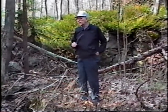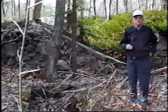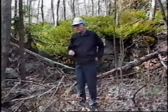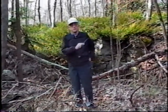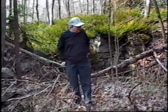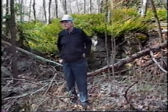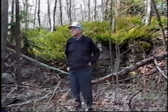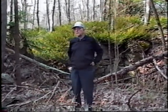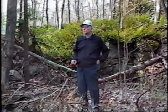Among those that were killed outright was young Timothy Nurse, whose mother was a Bixby. Well, any number of people. A number of them are buried in a little cemetery just across the river on Nichols Road. Merrill Holland worked here, who lived on James Street. He was some kind of a boss here. We know that because of a newspaper account in which he was the first one who arrived at the scene